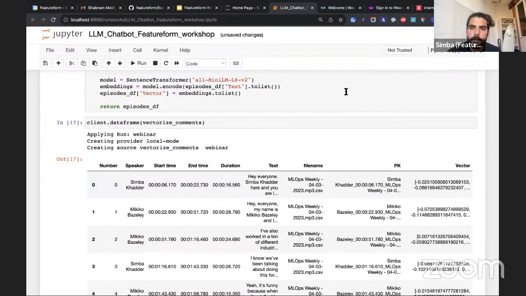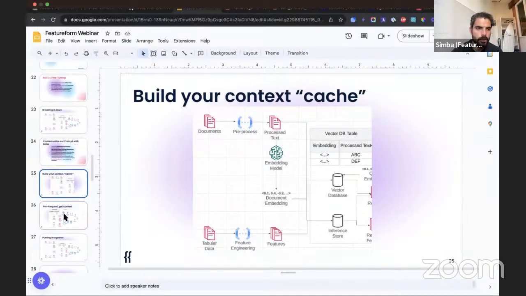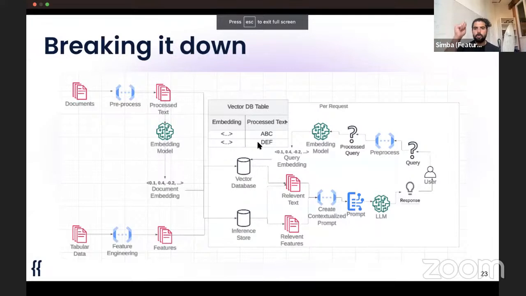Someone asks, does it matter if I use a different model for embeddings versus the embeddings that the LLM uses? Great question. So going back to here, I take my query, I create an embedding out of it. There's an embedding model. On the left side, I pre-process my text using an embedding model. Those two embedding models have to be the same